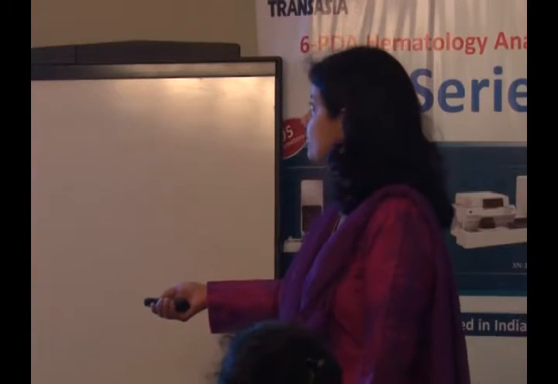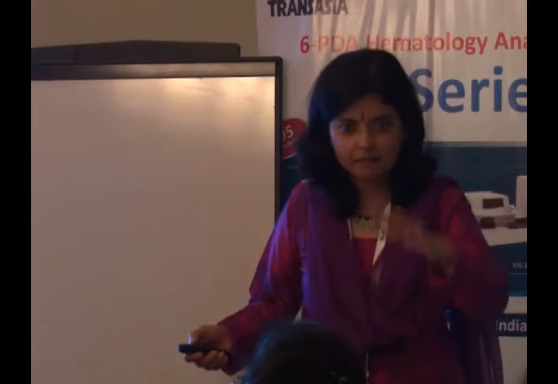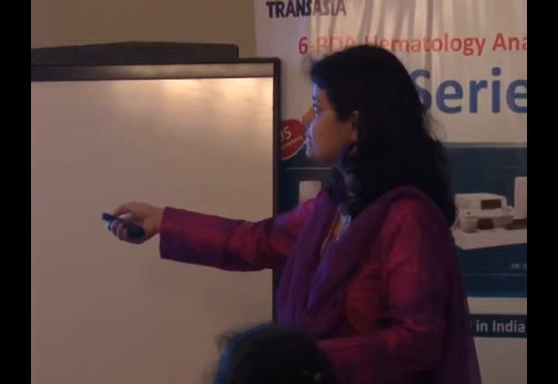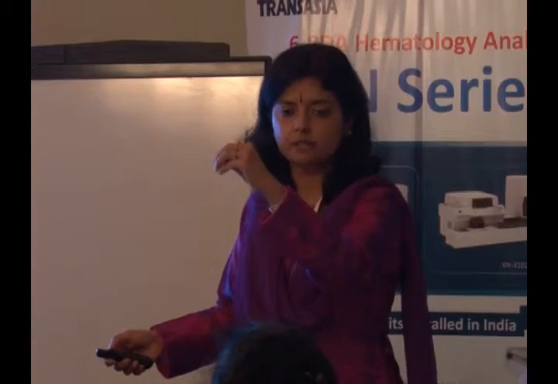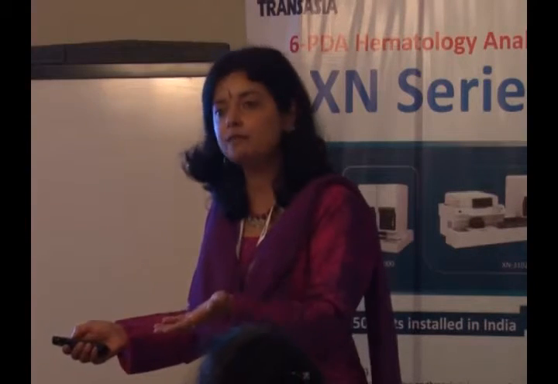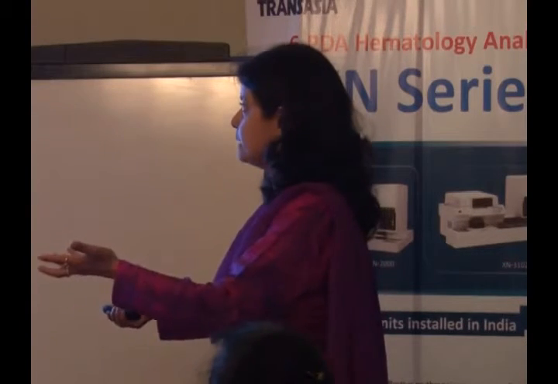People are using it and finding it useful. What is of use is when I showed you those parameters in the research mode, something called the neutrophil side scatter, which, I told you, gives you information about the granularity of the neutrophils. If you have hypogranular neutrophils, it's MDS. It's a research parameter. You have to use it along with other parameters. You have to see the slide. But it is a good parameter to suspect it could be MDS.